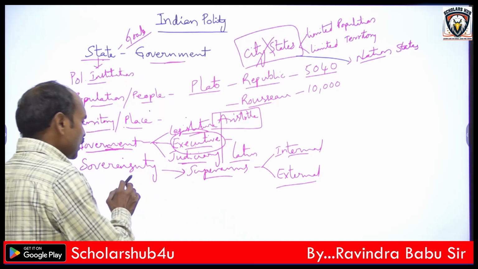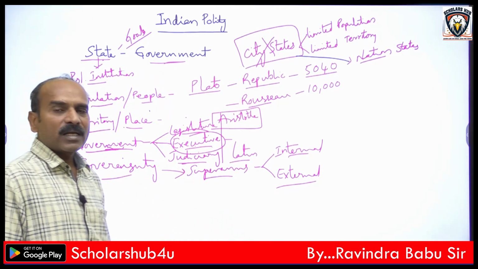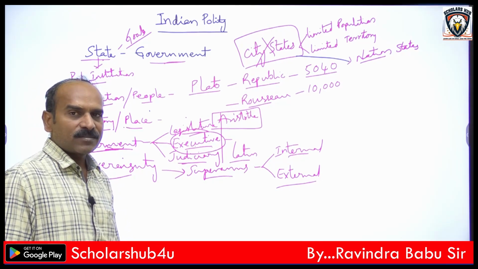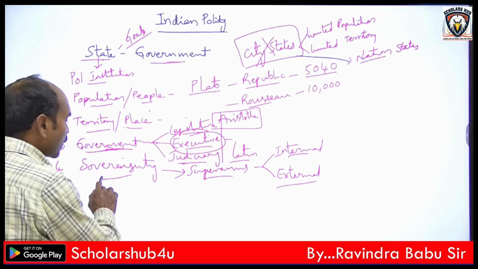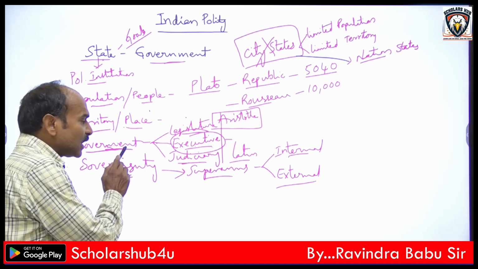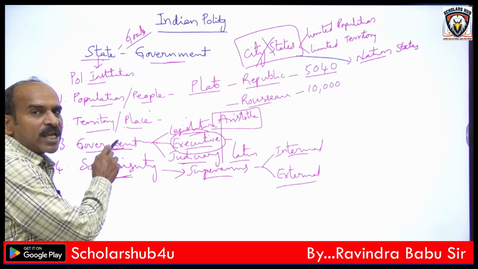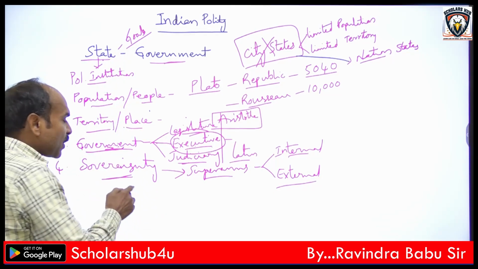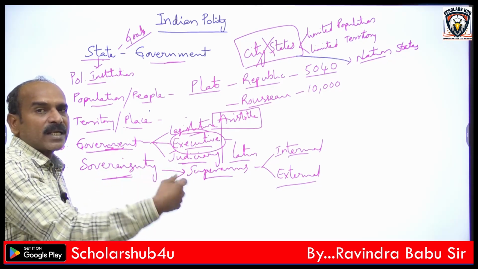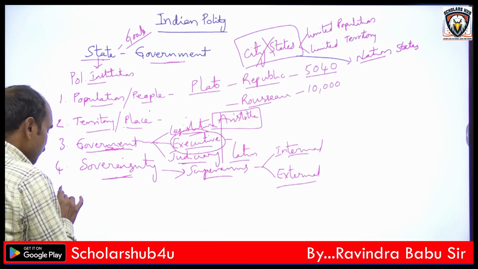So sovereignty is an important and essential element of the state. This sovereign power can be exercised by the government because the government is working on behalf of the state. So this power can be exercised by the government practically. Okay. Then the last one is